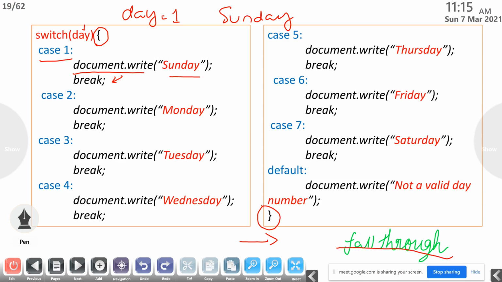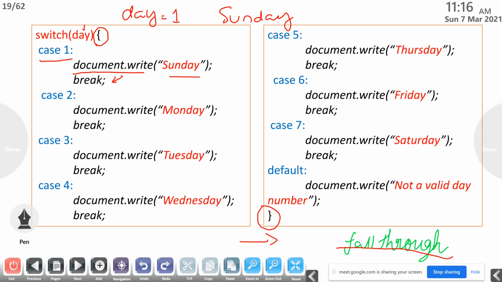It's not in your text, I think. What is this fall through? If we forget to give break in a case of a switch statement, then the control will enter a particular case and it will continue executing all the cases below that case, including the default case. That situation, we call it fall through.